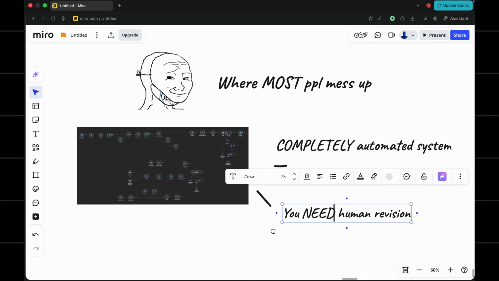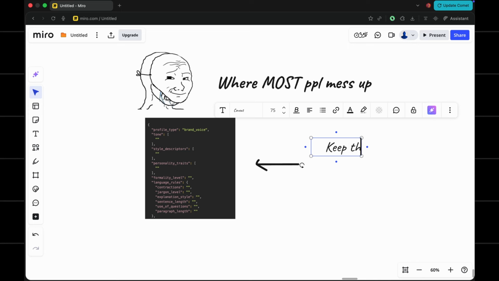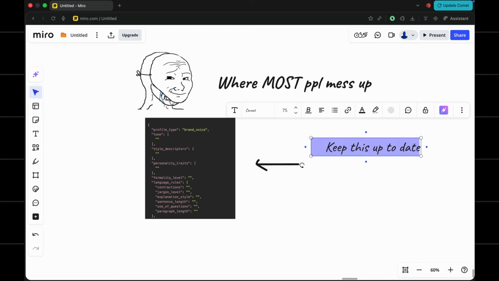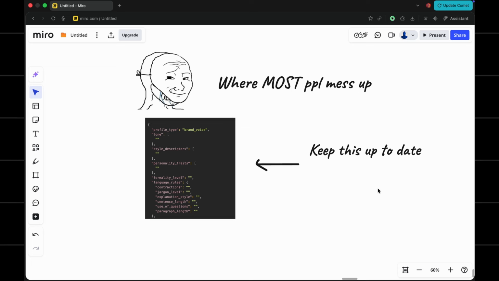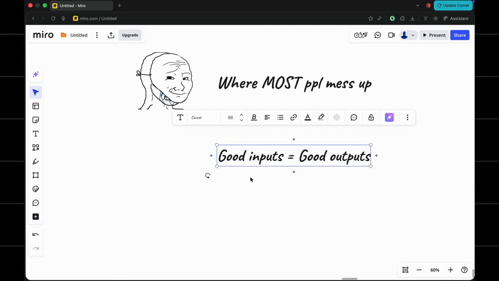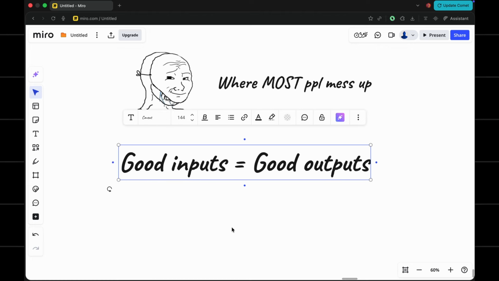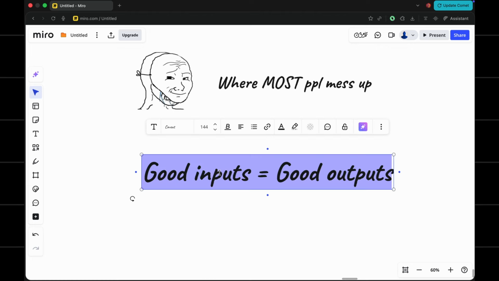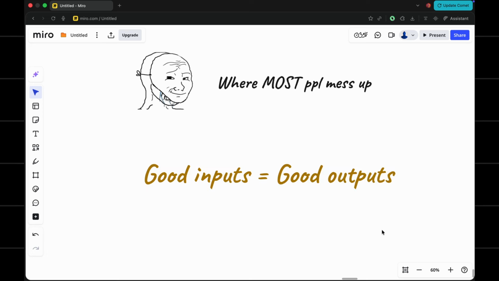Don't skip this step. Also, remember to keep your context profiles up to date. Your brand evolves, your audience evolves, your messaging evolves. You can always edit your context profiles simply by an interview with an LLM. And finally, remember to be very detailed when providing Claude with the structure and contents of the video. You should have the main structure and idea already figured out beforehand. Don't just throw a vague topic at it and expect it to read your mind. The more detail you give, the better the output.